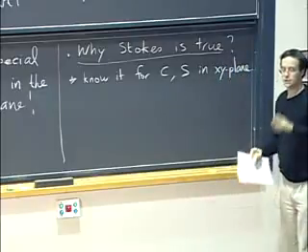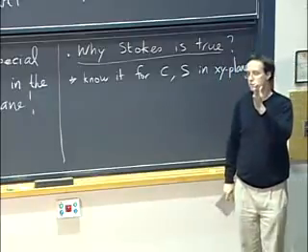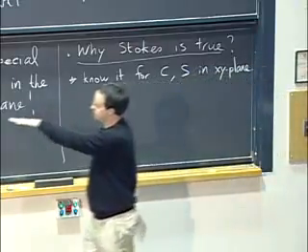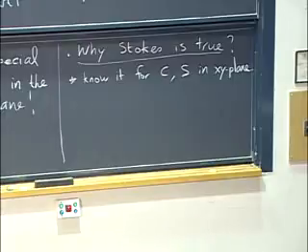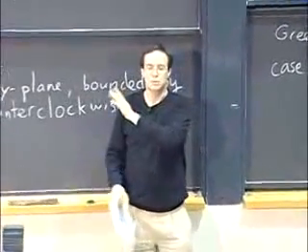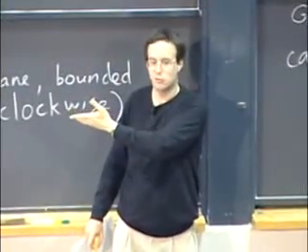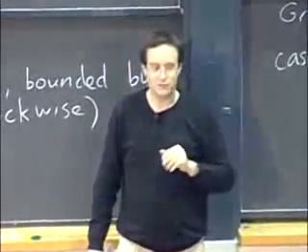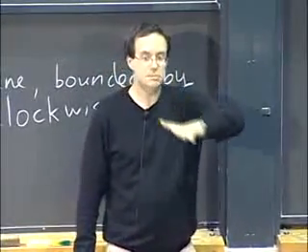Now, what if C and S were, say, in the yz plane instead of the xy plane? Well, then it wouldn't quite be the same picture because the normal vector would be i hat instead of k hat, and I would be having different notations, and I would be integrating with y and z, but you see that it would become, again, exactly the same formula. So we'd know it for any of the coordinate planes. In fact, I claim we know it for absolutely any plane.